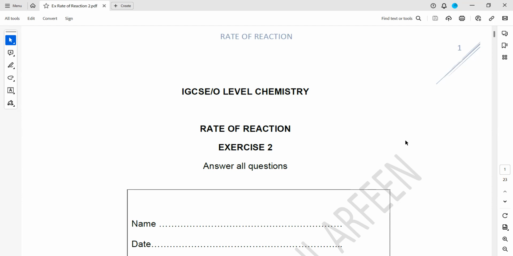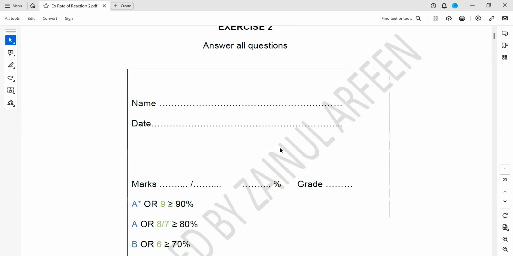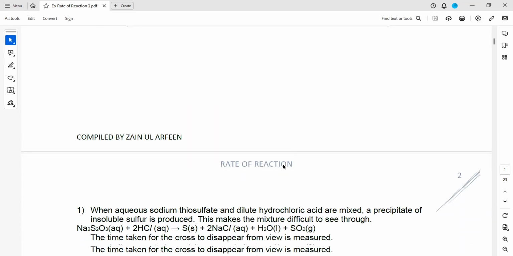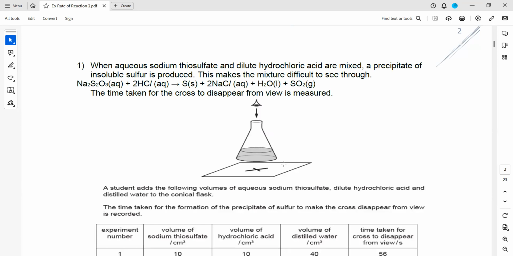Exercise 2 is related to the rate of a reaction, and all the structure questions are in this exercise. Exercise 1 has the MCQs. That is also a weekly homework. So the first one,